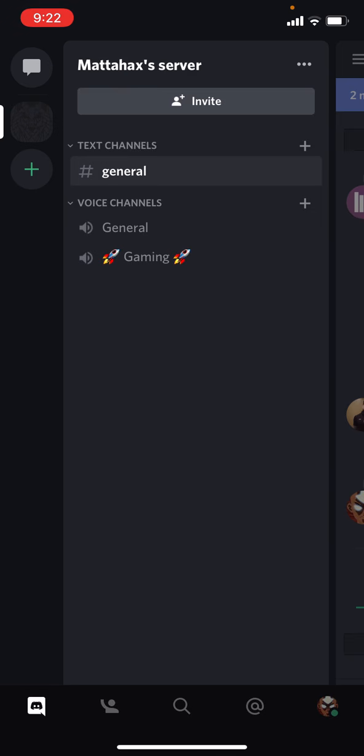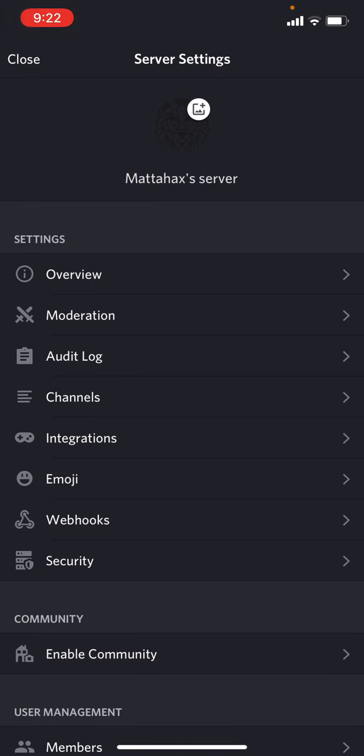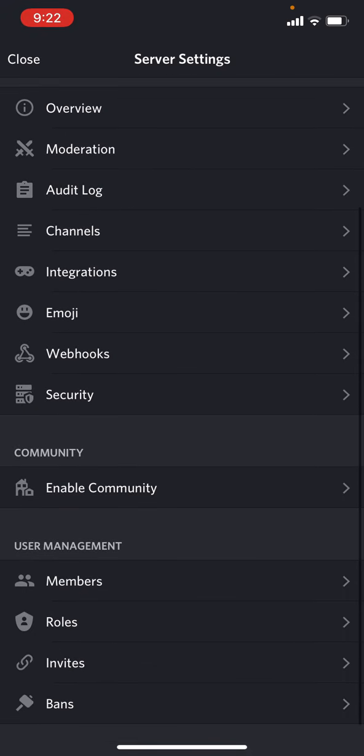We want to go to the top of your screen or top right. Next to your server name, there are three dots. We want to push on three dots. We want to go to the right side of the screen where the settings are and all the way down to